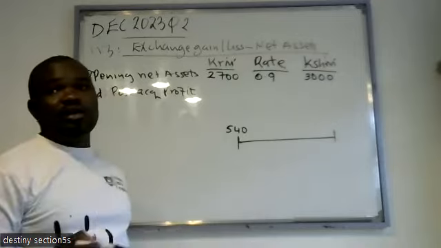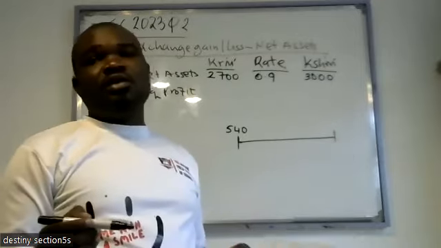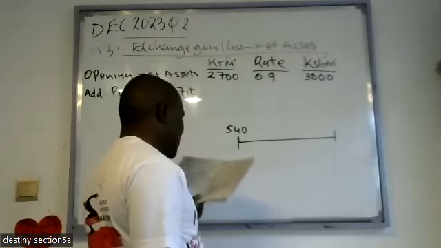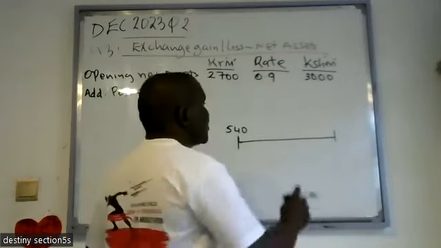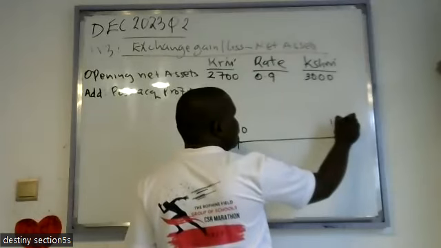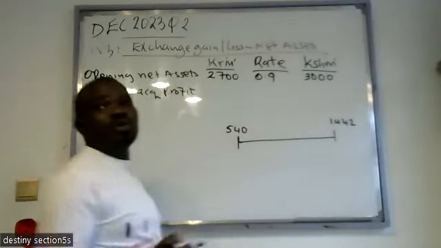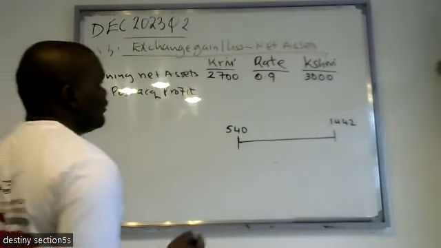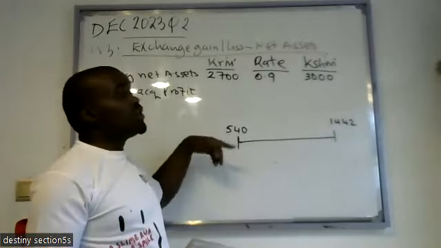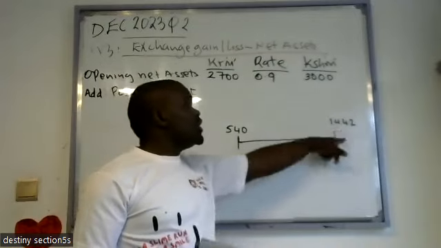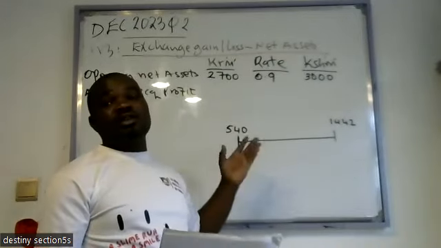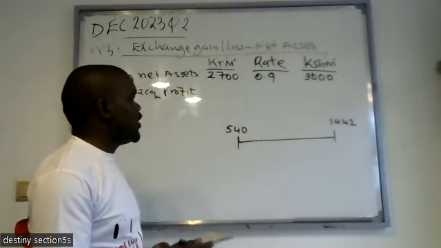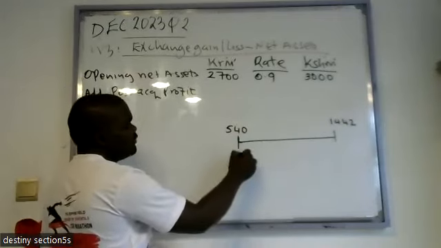Then check the closing balance sheet, retained earnings, we have been given as 1442. So the post-acquisition profit, which will increase the net assets, is the difference between this and this. But of course, I will adjust for depreciation, then maybe if there is any other thing. So post-acquisition profit